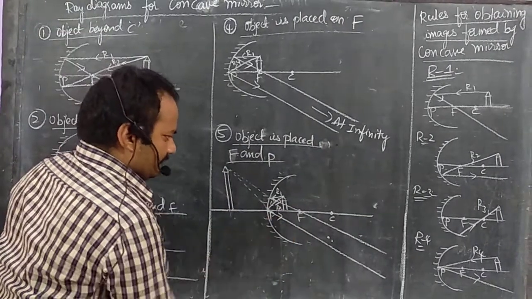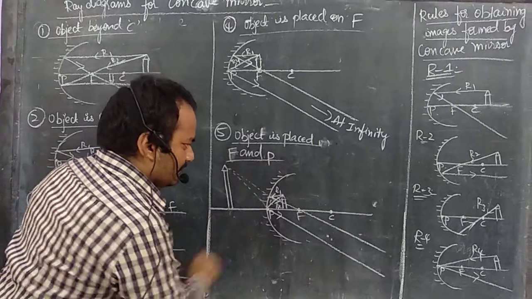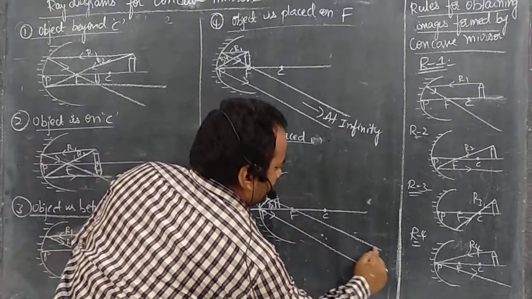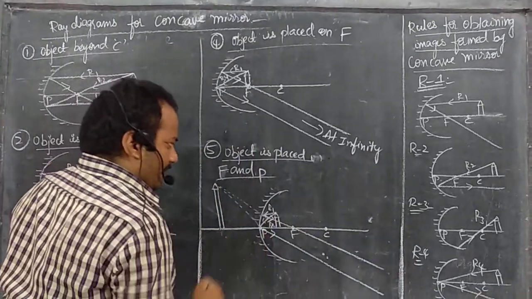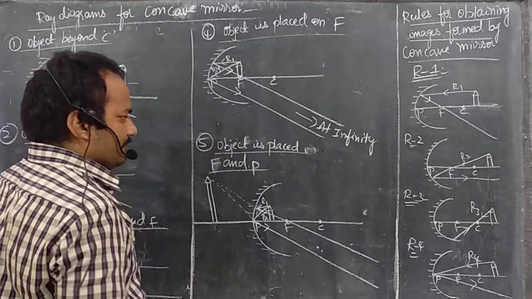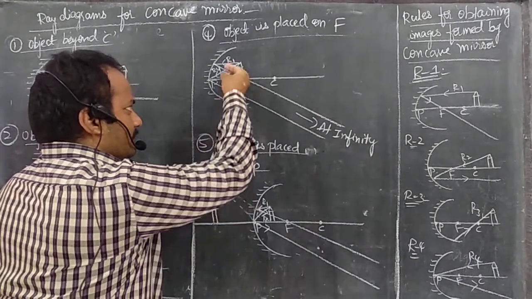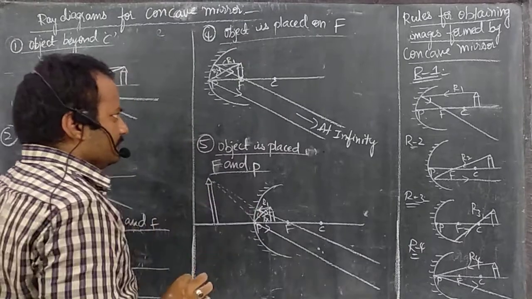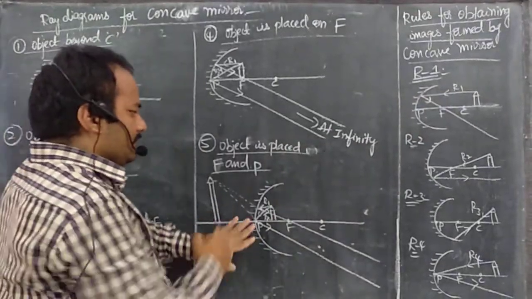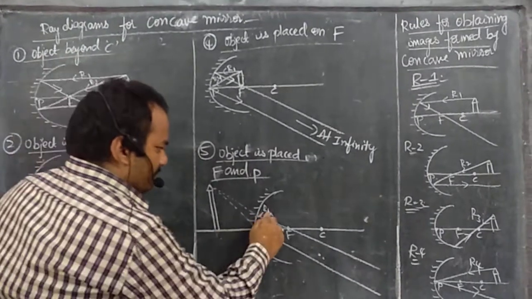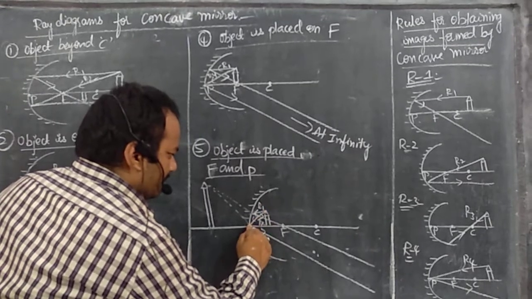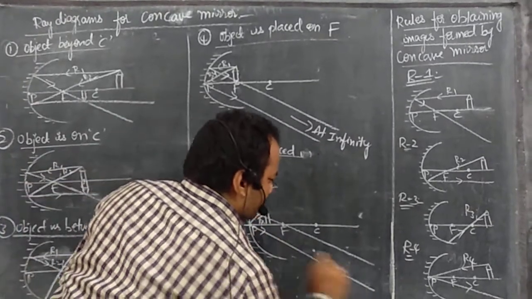Here, F and P. Once again, is rule 1 possible? Yes. The incident ray is parallel and the reflected ray passes through the focus. We know that the fourth and fifth cases are similar. Students don't need to get confused. You can apply rule 1, rule 4 here also. But in the fourth case, in front of the mirror you are getting the image, and in this case you will get the image behind the mirror. Apply rule 1, apply rule 4: the incident ray falls on the pole of the mirror and the reflected ray makes the same angle with the principal axis.